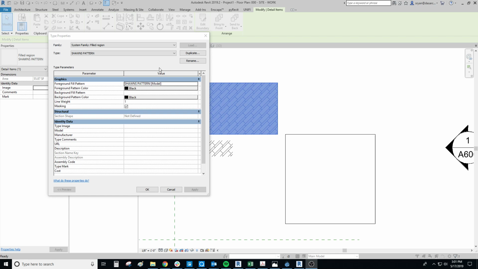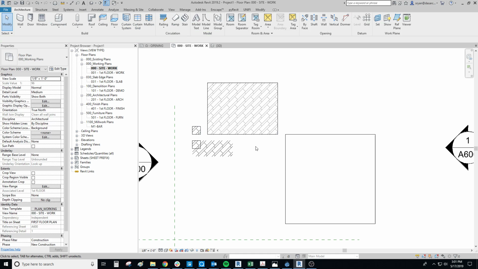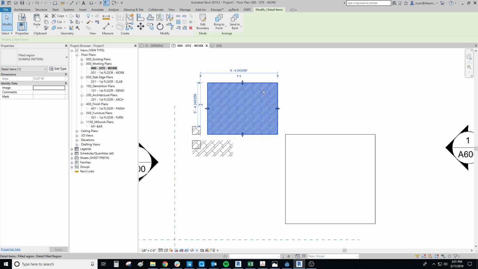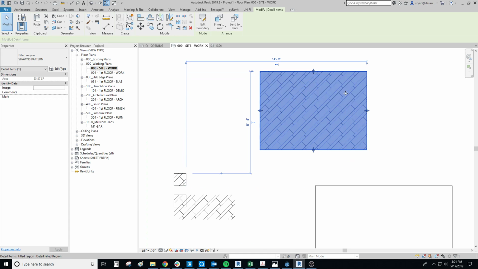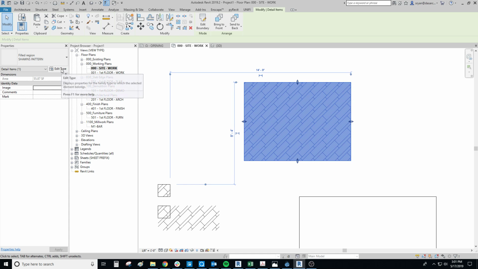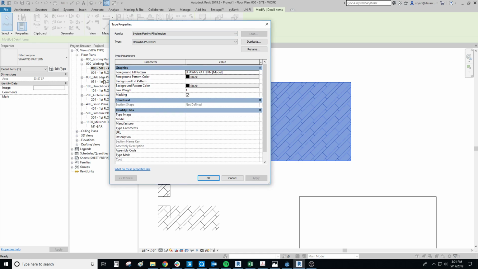Alright, so this is kind of an addendum to the first part of the tutorial. One thing to keep in mind here: here's a filled region I've made, and we're going to go over this in future versions, kind of going back a little bit here. But one thing I wanted to call everyone's attention to is to keep in mind that you're not necessarily